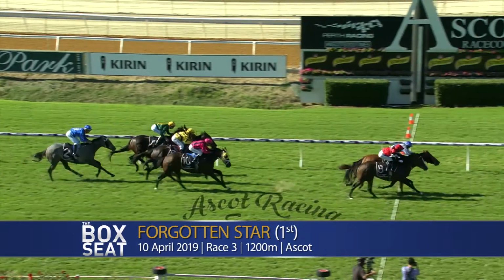They split the line. I thought Forgotten Star's coming out of what was just a moderate tempo race, but I thought it was really good going towards the line. It just kept fighting back against Advocator and was strong through the line. I think the step up in extra 200 metre distance going up to the 1,400 metres looks absolutely perfect. Gate 1 looks pretty soft for it. Should be able to get itself into a good position and use that strong turn of foot over the last